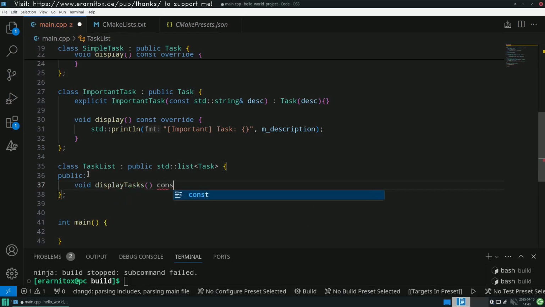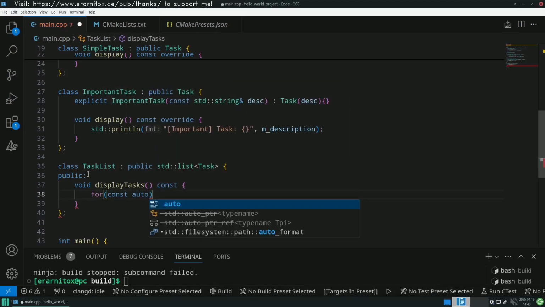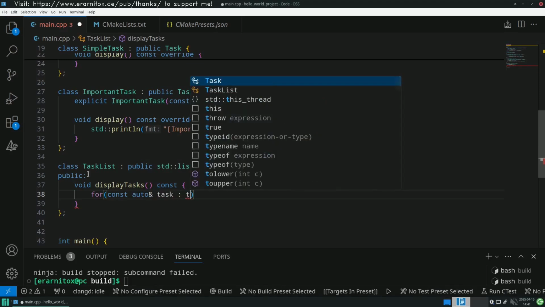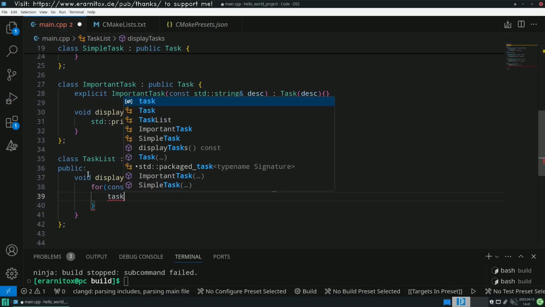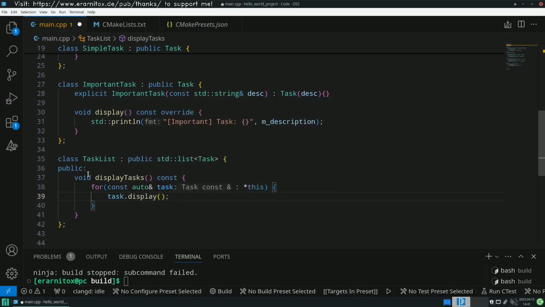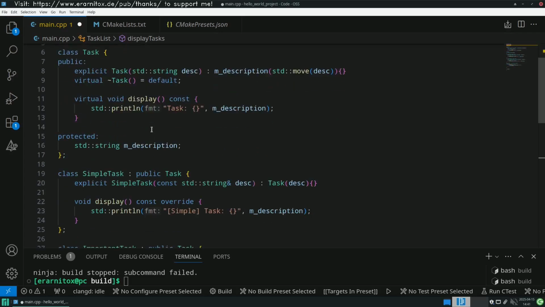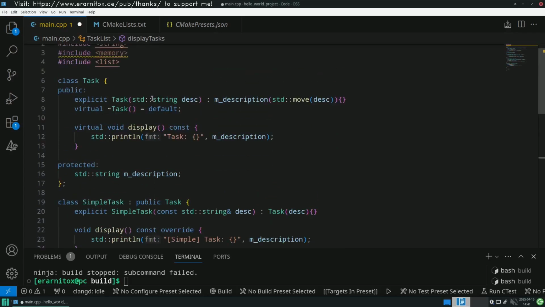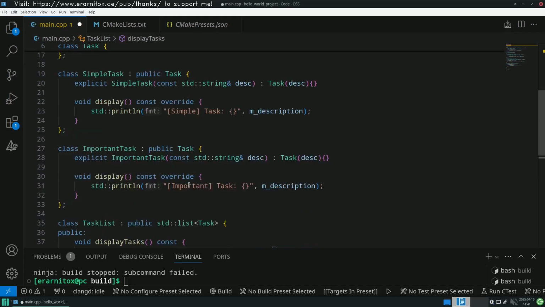And we will also make this const. And here we will just use a for loop for const auto reference task and this. Then we will just call task.display, and here we will always use the display function, because we know a task must have a display function. It might be overwritten by a simple task to display simple task, or by important task to display